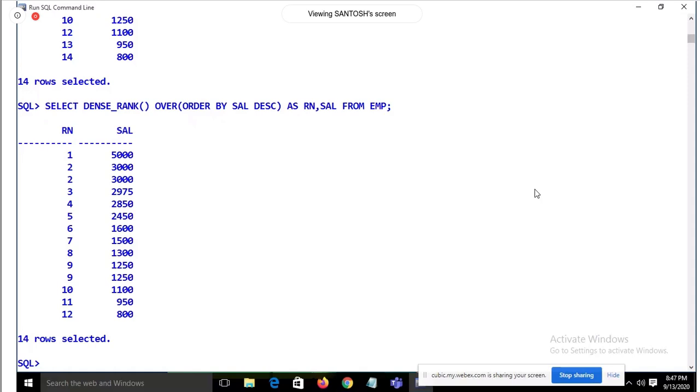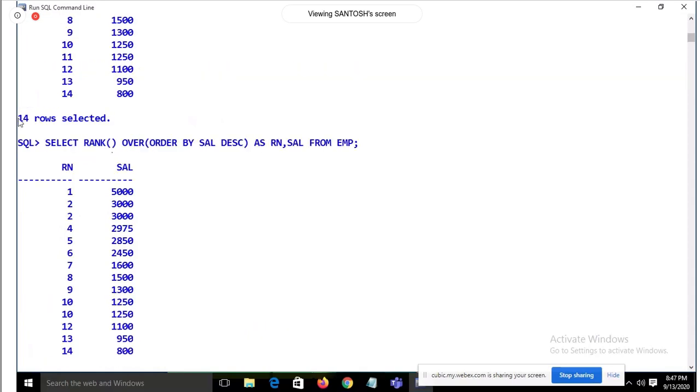I have a question. Yeah, please. Looking at it, we usually will go for the dense rank function, right? Exactly. So why do we have the rank function in place? In what cases will I have to use the rank function? See, basically the chances of improvement are always there. Initially, we can only go for the row number.